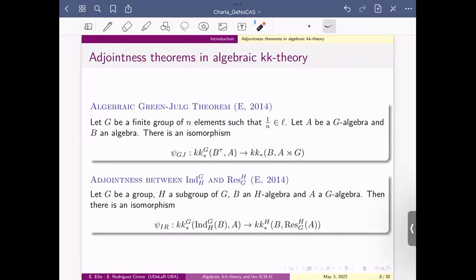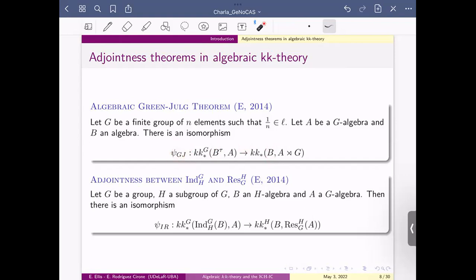This is the algebraic theorem. It is a little bit more general. In the previous slide, there was B with the trivial algebra; that holds in the general version. In this general version, we need that G has to be finite with order invertible. Then we have these two groups isomorphic, and we have an isomorphism that we are going to use later.